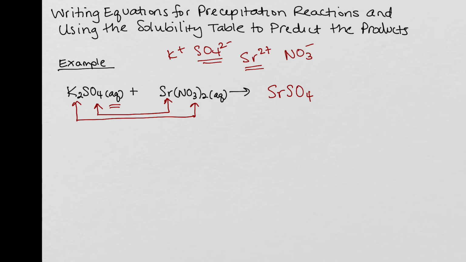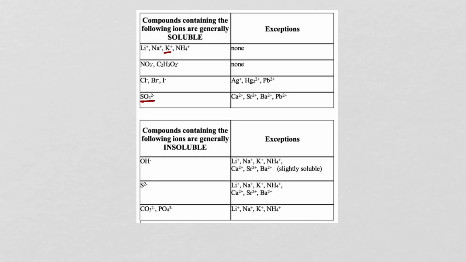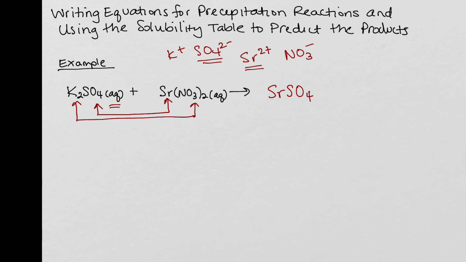So now I want to go to my table and find out, is this something that's soluble or not soluble? Strontium sulfate. If I look at sulfate, I said that those were generally soluble, and strontium, though, is one of the exceptions. So if it's generally soluble, but strontium is an exception, that means that strontium sulfate is going to precipitate, come out of solution. Those two ions are going to be attracted to each other, and they're going to form a solid in my solution. The other two ions that I need to look at to see if they potentially form a product are potassium